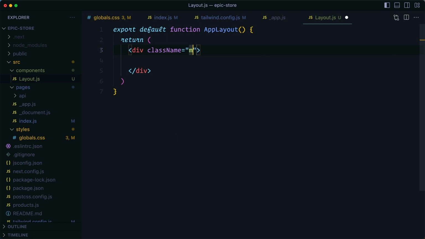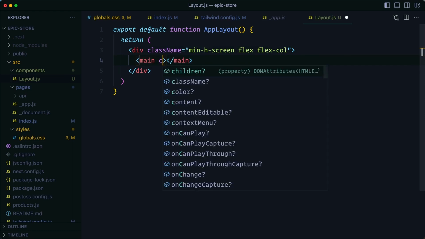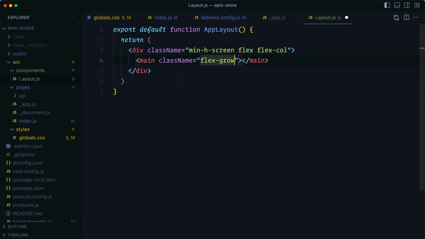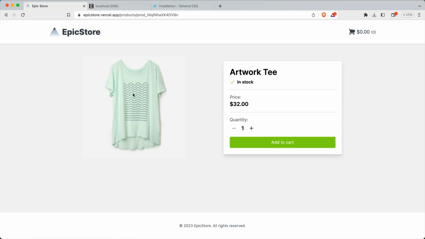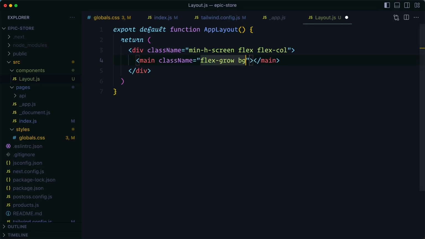So for our app, we want to have a minimum height of the screen. We want to cover the full height of the screen. We will use the flex class to use flexbox, and we're going to have several components in this. And we want to set the flex direction to column with this flex-col property. So it's going to align everything vertically. Right now we're just going to have one element here. It's going to be a main element, and it's going to have the class flex-grow. We want it to take up the majority of the screen here, and we want it to have a background